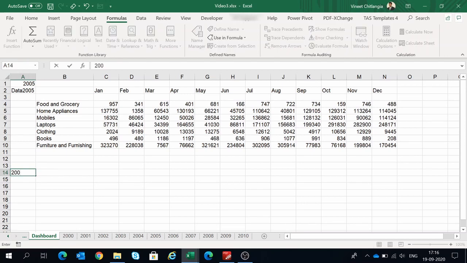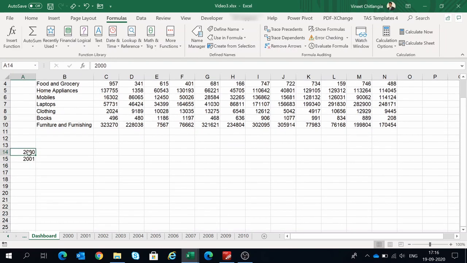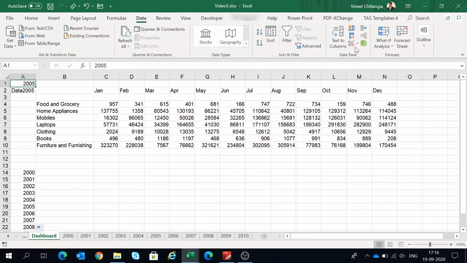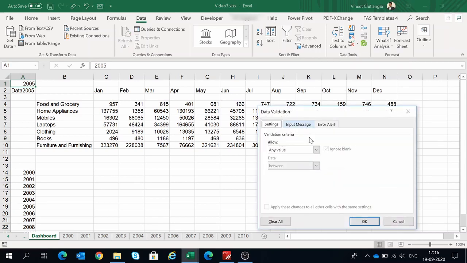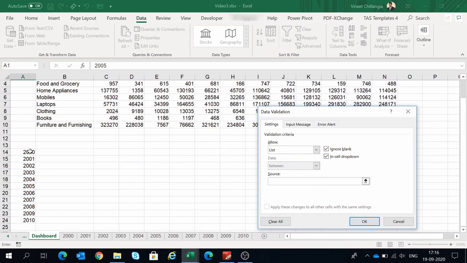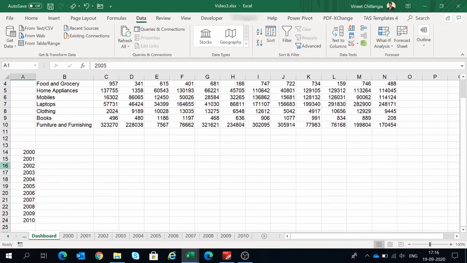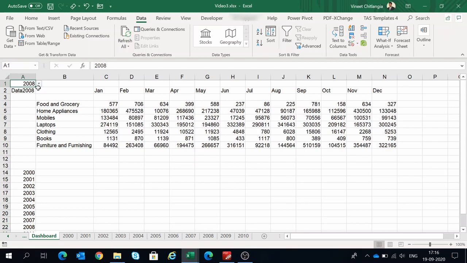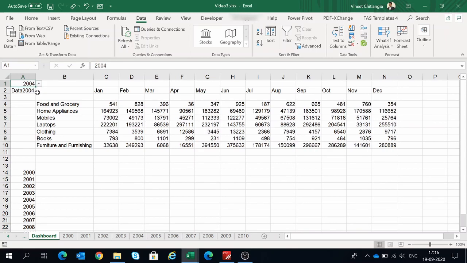So first I'll type all the years somewhere else on the workbook. Let's just drag it to the year 2010 and I'll go to data validation, list, and the source I'll select is this one. Okay, so you can see a list is generated here and now instead of typing you can just click on whatever year you want. Easy, right? We can also use graphs and charts upon this data.